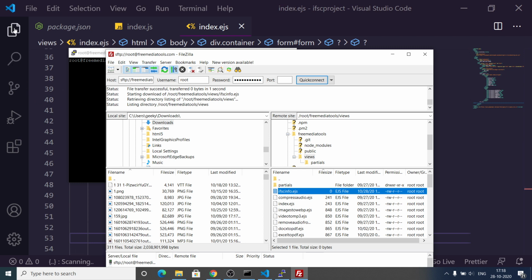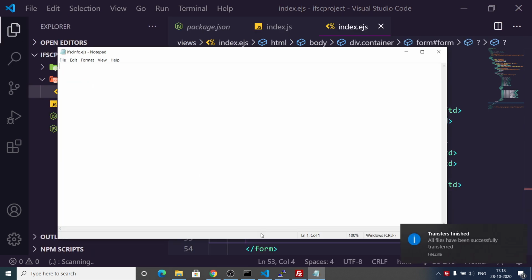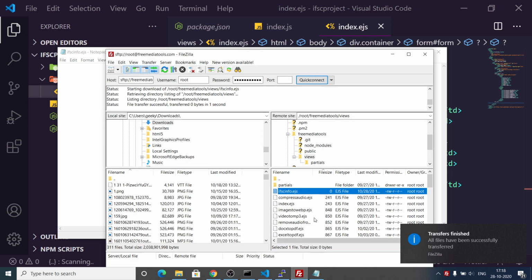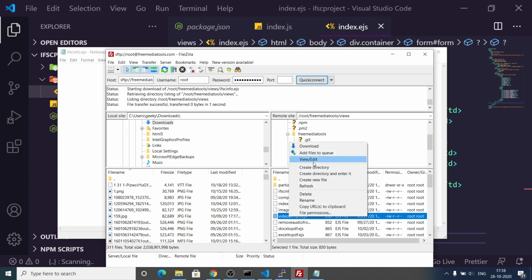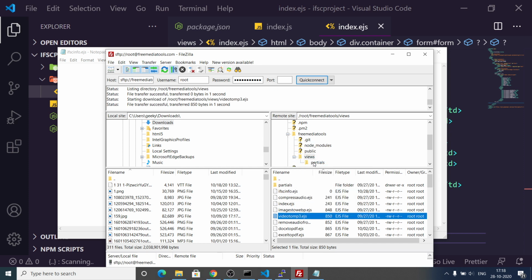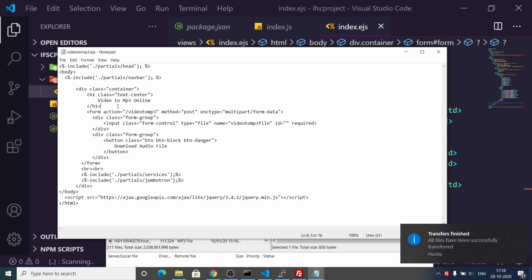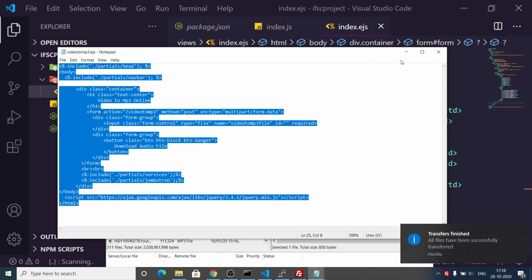What I can do is open the old file here, because this is my template and we need to copy and paste the same template.